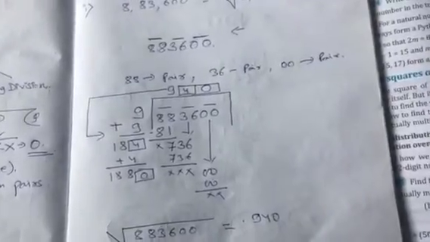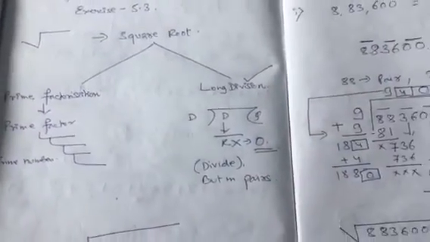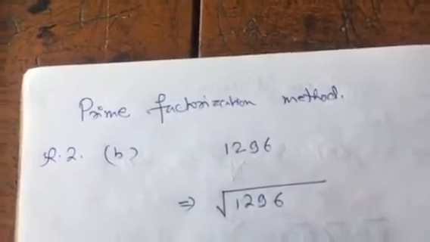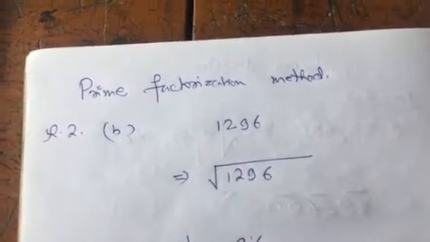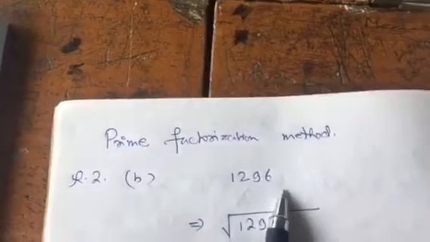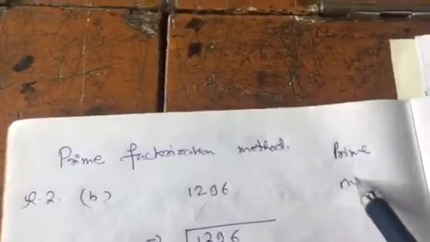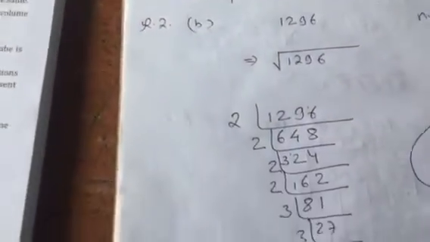This is the solution of square root by the long division method. But however, in your book they have asked you to find it with another simple method, the traditional method, the prime factorization method. This is pretty simple, which you are aware of. It's a very user friendly method. So 1296 is given. Try to make use of all the prime numbers, as you know. So I start with the smallest prime number 2.